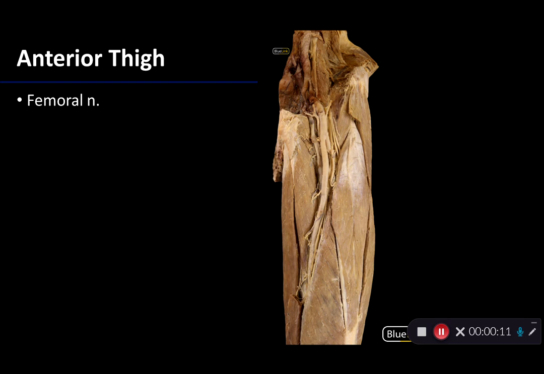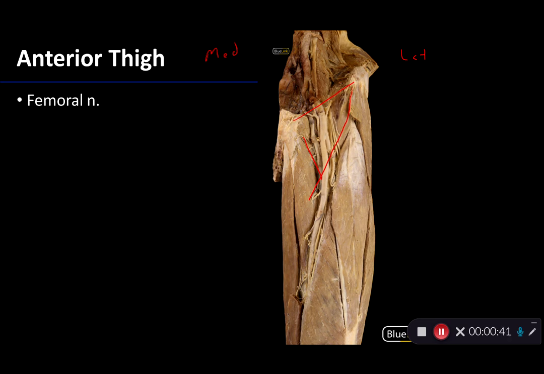So just to orient ourselves again, there's medial, there's lateral. It probably would be good to acknowledge the femoral triangle. The sartorius has been cut, but that's the lateral border of it. Here's adductor longus, and then if we were to go across the inguinal ligament, there's our femoral triangle, and the